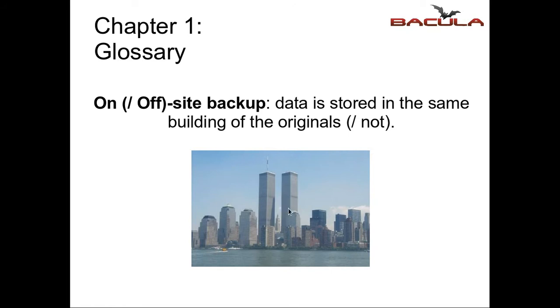The ISO recommendations say that the backup data should remain in a building at least 15 kilometers from the original. Most of the time it's 15 kilometers because it's the range of impact of a 1 megaton bomb. This is the reason for it. We know that most of the time we can't. It's very expensive to have backup at that distance from the original data, but it is something to consider.